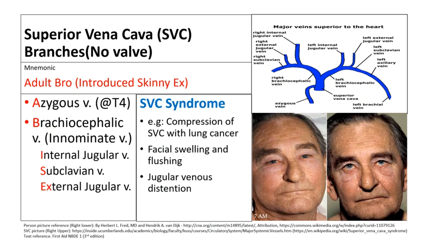Specifically, for a bronchogenic carcinoma in proximity to the superior vena cava, there is compression on this SVC, and because of that, you will see facial swelling and flushing and